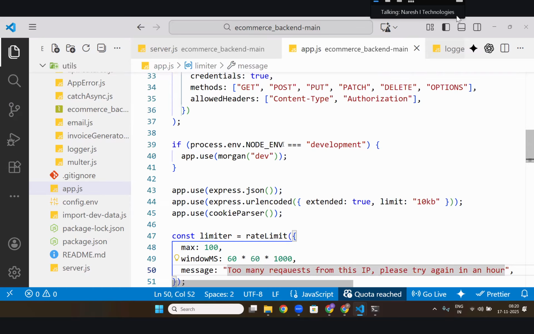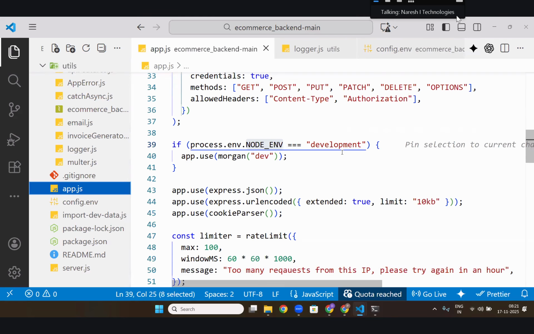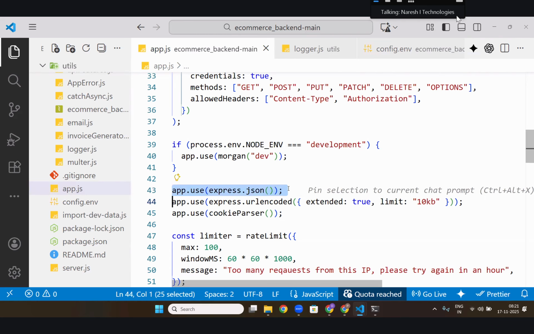Now, NODE_ENV. If someone sets it in the config env, the .env file, process.env, and in that file they set it to development, then it will go only for the development environment, else it will not work. Now go to express.json. This does parsing, converting into JSON.